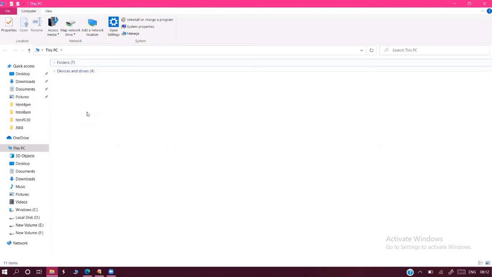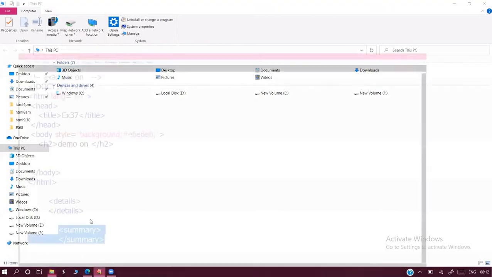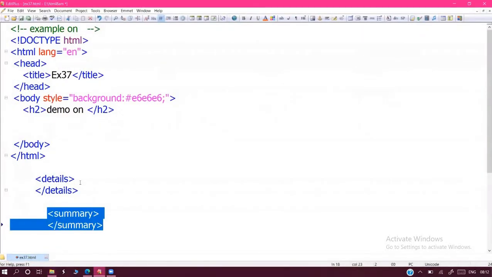Use the mouse click, then it expands and displays the internal details. Both are summaries. If you click on the summary, the details come. Again, if you click on that summary, the details close. So expanding and collapsing means exploring the details and closing the details. If you need this type of designing, go for the details and summary tags.